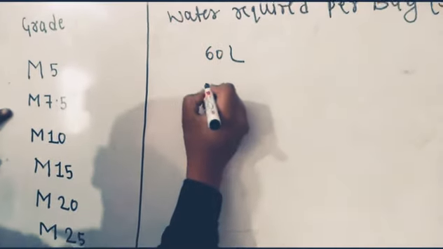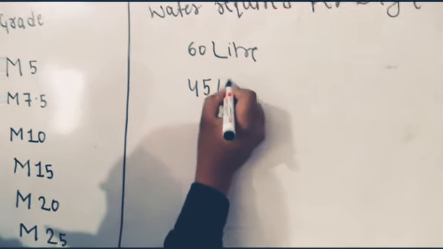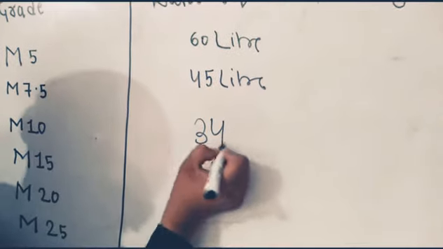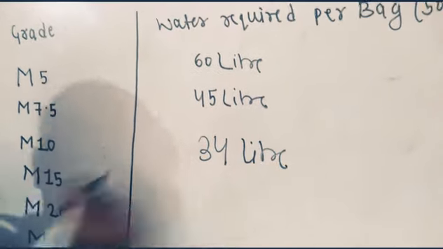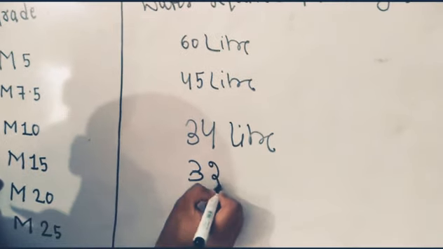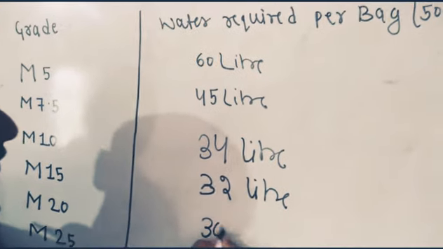and similarly for M7.5 it is 45 liter. For M10 it is 34 liter. For M15 it is 32 liter. For M20 it is 30 liter,